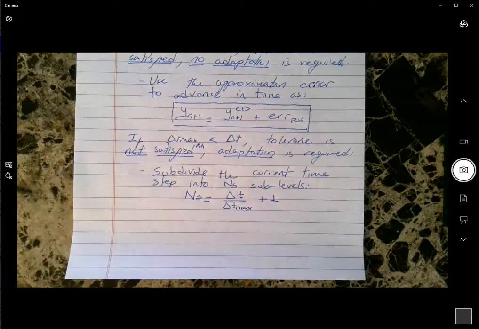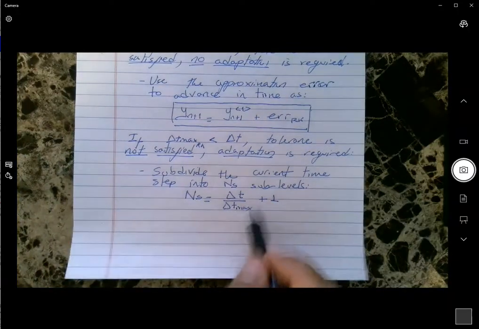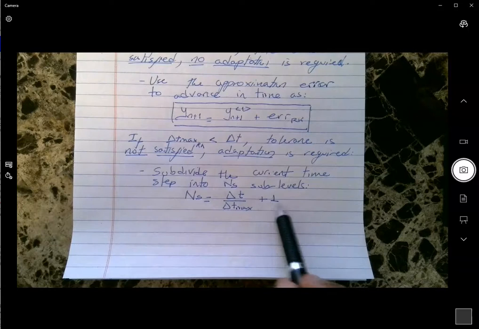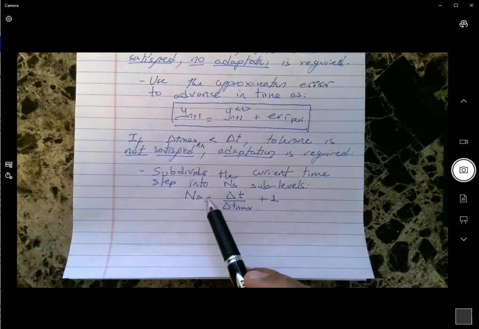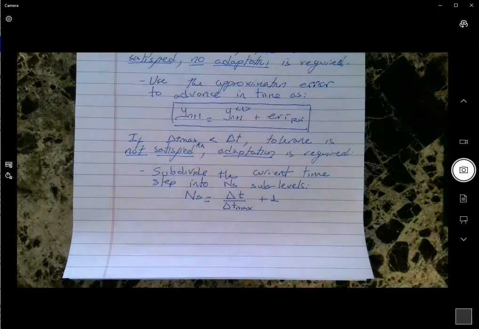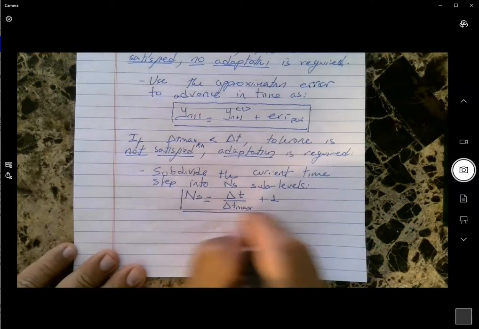Okay, and so basically you use the integer of this division, right? So you truncate this. This is a division, a ratio, and you add 1 to it. So this is the number of subdivisions that you're going to need to perform. It's how much the delta T that you originally impose is larger than the maximum delta T that you need to impose, plus 1. Okay, after you calculate these number of subdivisions,